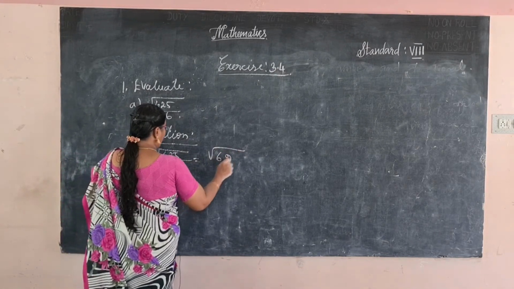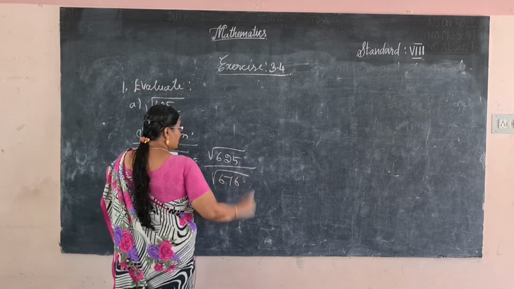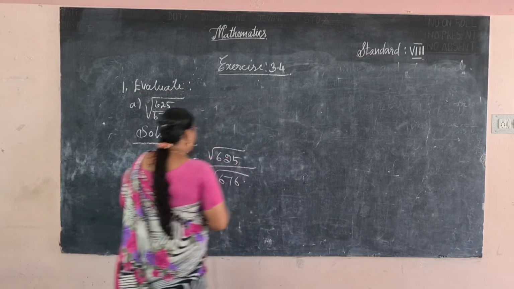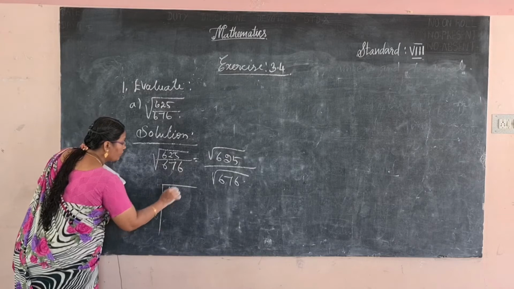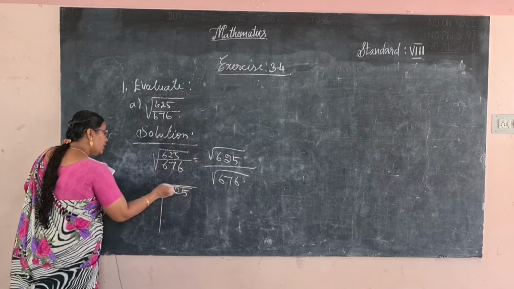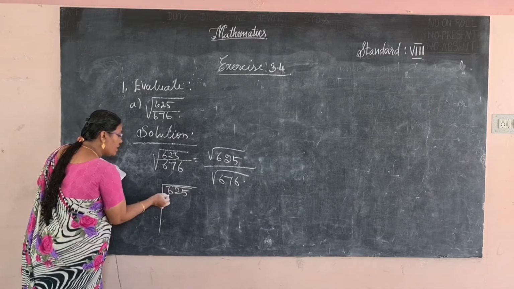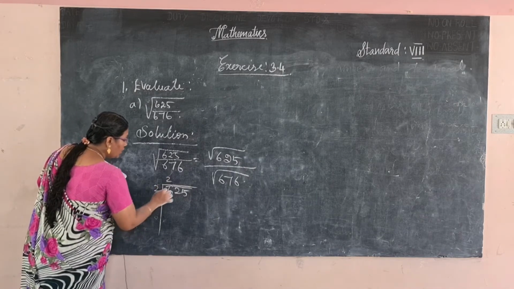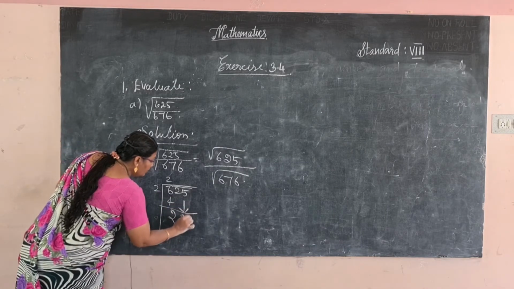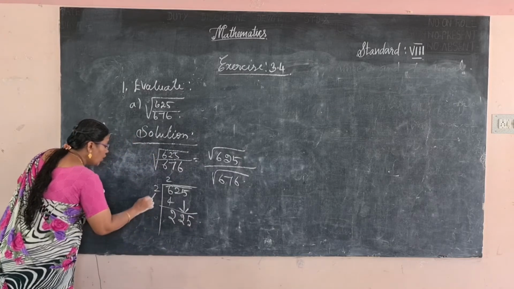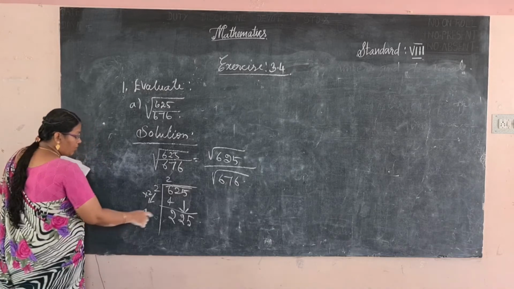Square root of 625 by square root of 676. Okay, so you have to find out the long division for the square root of 625. So square root of 625, divide into pairs. Okay, so how many squares in 6? 2 2s are 4, remaining 2. Now bring down the next 2 digits, 225. Okay, now multiply the divisor by 2. So 2 2s are 4. So which number to multiply here?